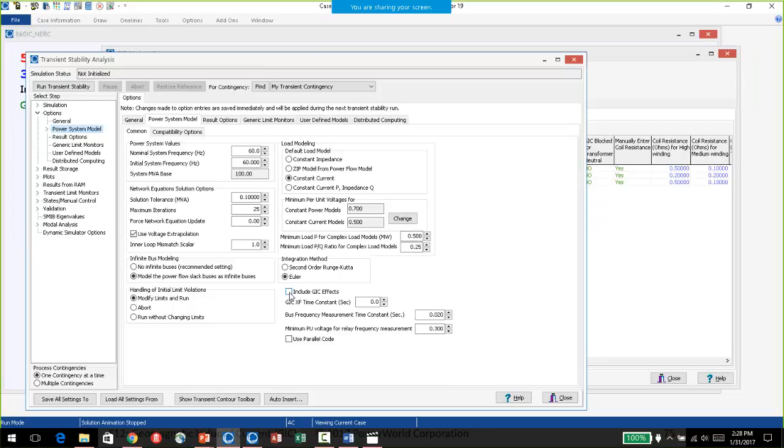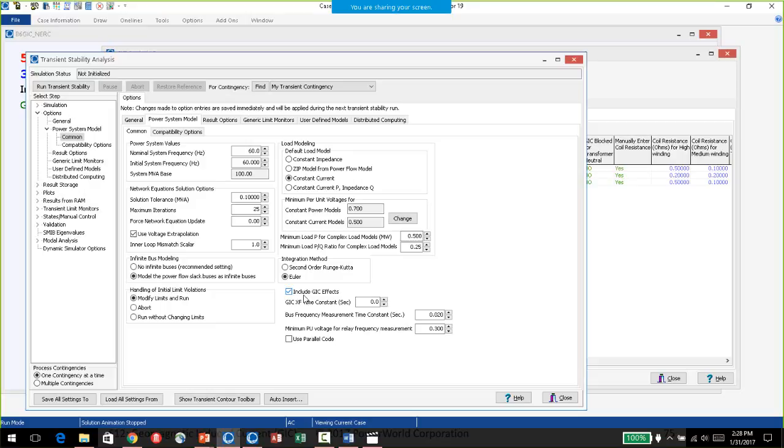The first one is to include the GIC effects. The other option that Tom mentioned is only available in Simulator 20, which I don't have here, but it is to just run the GICs without doing the dynamic simulation. The advantage of that is it's much faster, and if you just want to generate a transformer time series, you could use that option to run through very quickly.